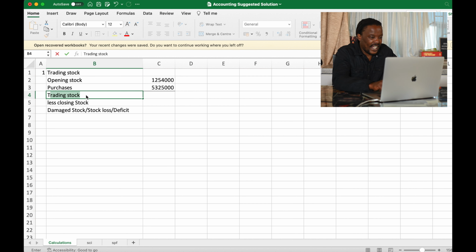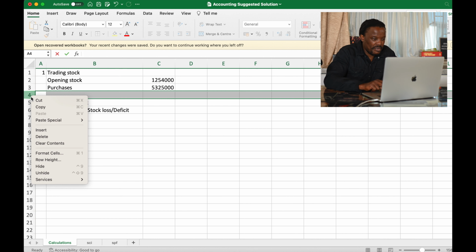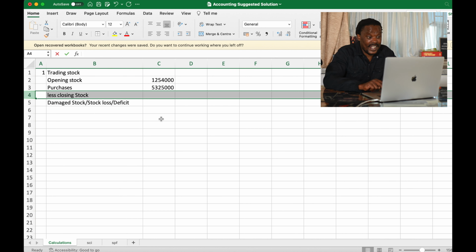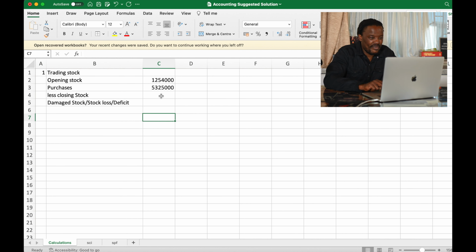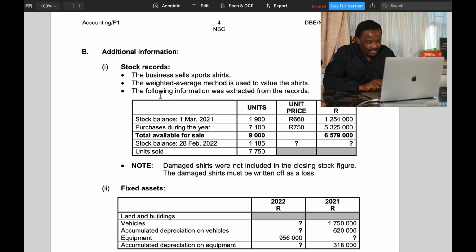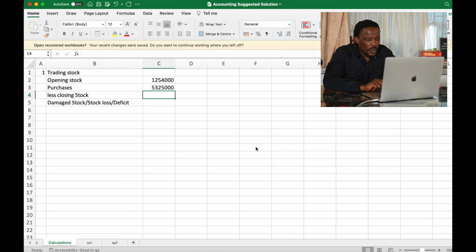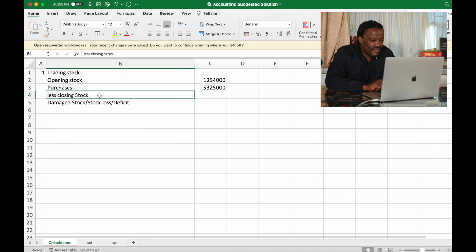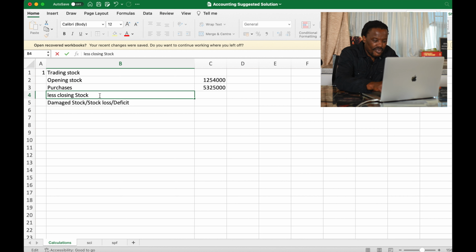But let's not put it like that. Let's do it the way you understand it. Let me close this column. Let's not waste time. This is exam. And then less closing stock. You look at now the closing stock, they gave you units 1185. Multiplied by